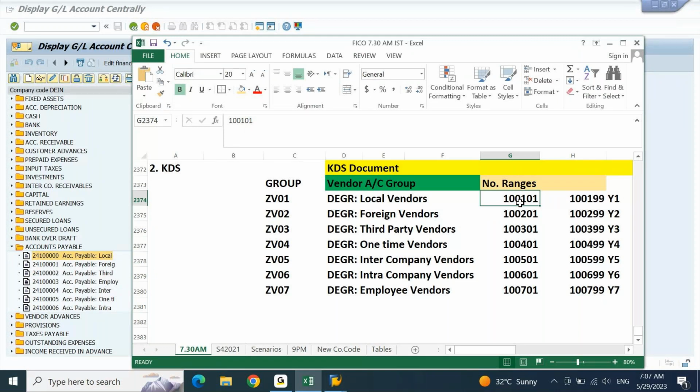Similarly, when you are creating a GL account also, we need to ensure for local vendors, you are going to create 241 all zeros 1, to ensure that the GL number is aligned with this grouping, so that it's easy to remember even for your client, even for the users. If your account group is ZV02, straight away I'll know that foreign vendor is 2 series. ZV02 will be the account group, number range will start from 2 series, number range interval is Y2 or Z2, GL account will be 241 all zeros 2. Something like this, logically you have to think and then create, because this is the first